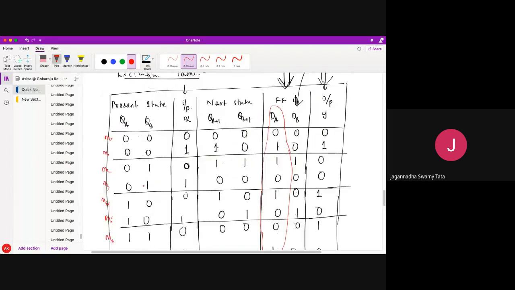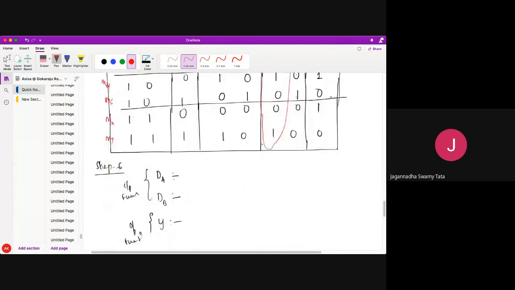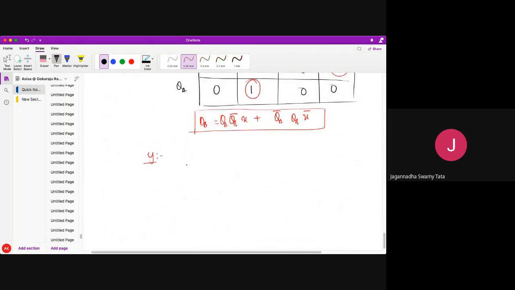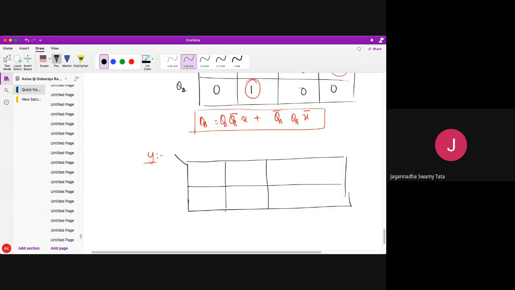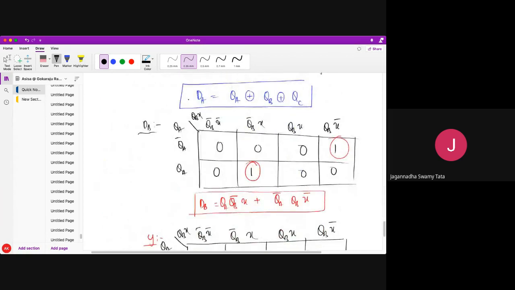Next, the Y output function. Y will again be three variables QA QBX, and my output is, we have to see this column now. So for this again I am going to draw the three variable KMF. So this is my three variable KMF. Again QA QBX, QB bar X bar, QB bar X, QBX, QBX bar. This is my QA bar, QA. Okay, and my output variables will be 0100.